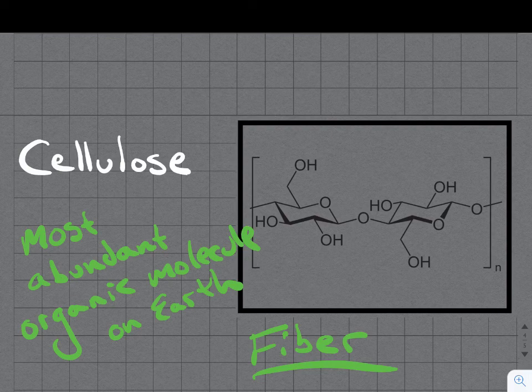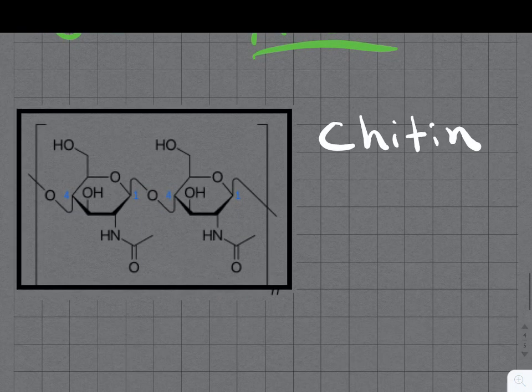And the last common polysaccharide that we're going to talk about is chitin. This is chitin. What you'll see with chitin is that we now have some additional molecules in here. We have some nitrogen compounds. And chitin is what animals use as a structural carbohydrate or a structural polysaccharide. Chitin is what you would find in exoskeletons. So, for example, in insects or in crabs, crustaceans, shrimp, the exoskeletons of these animals are sugars, but they're not